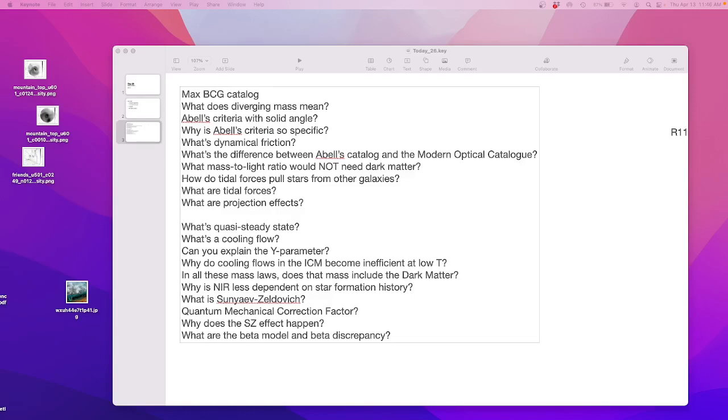So it makes color cuts to cut out things that are redshifted either too far away or too close if the redshifts don't match up. What does diverging mass mean? So this is an important question. When we're talking about